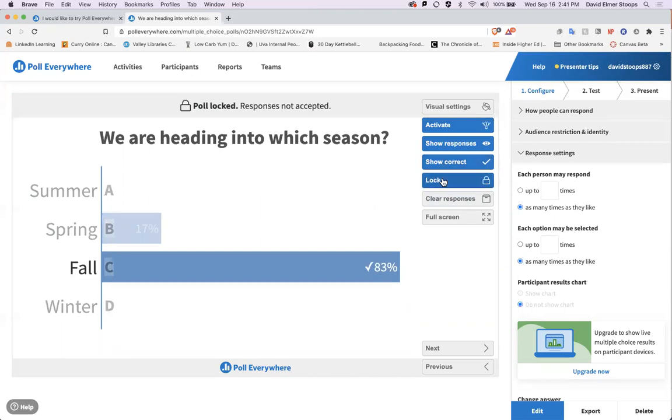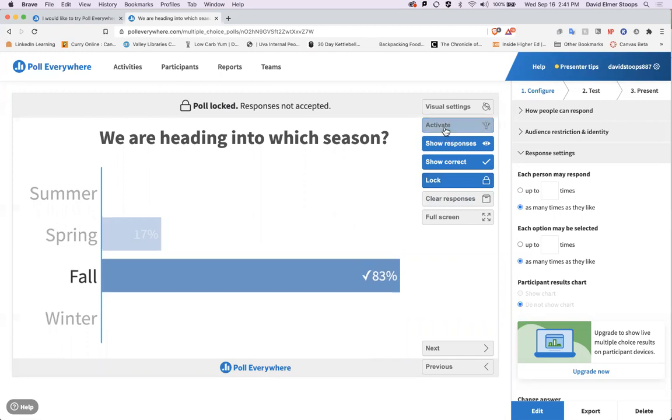And then we can lock it. So now no other responses can come in. And then we can deactivate it. If you didn't lock it,